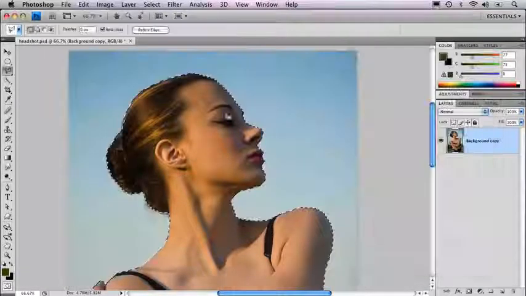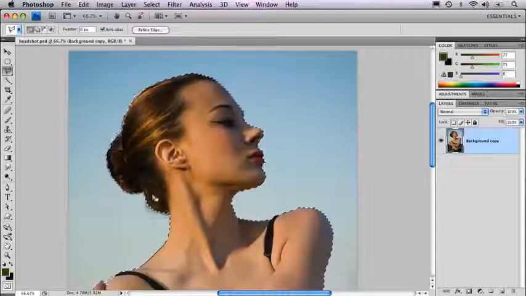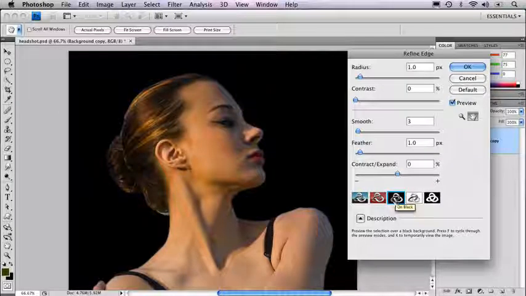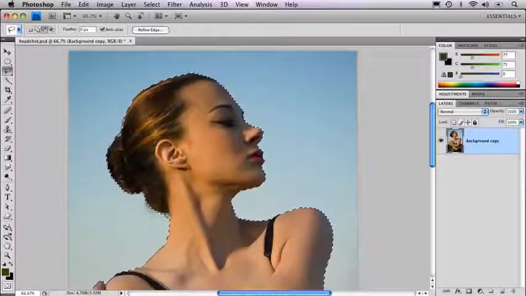That would be cancel out of here, go back and use some other method like the lasso tool with the shift key held down to add a little piece you've missed here and there, take away a little bit that you don't want, and then go back to refine edge and keep working from there. So it's not uncommon at all to toggle back and forth. Now I see that I've done a little too much there, so I'd cancel out of that. This is where, again, Quick Mask could also help me. So I'm going to keep going back and forth using my different methods of fine-tuning the selection